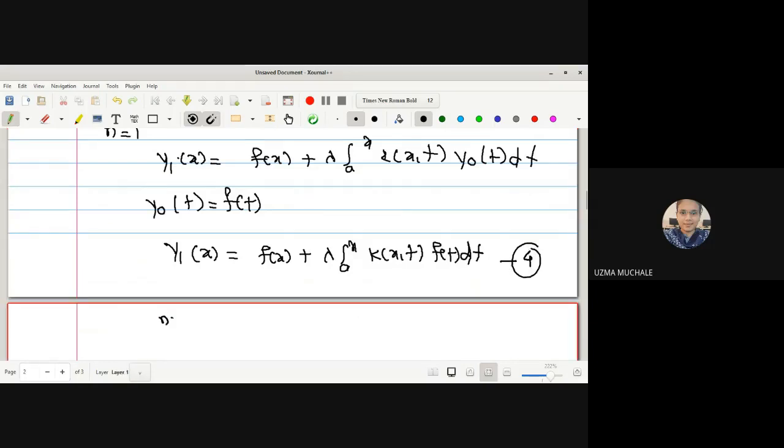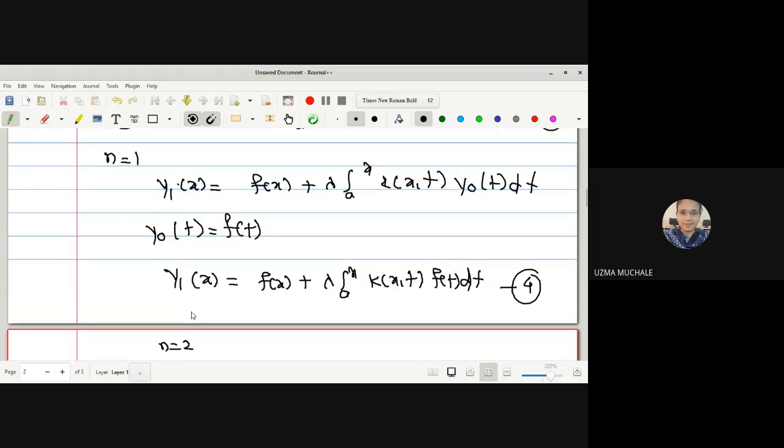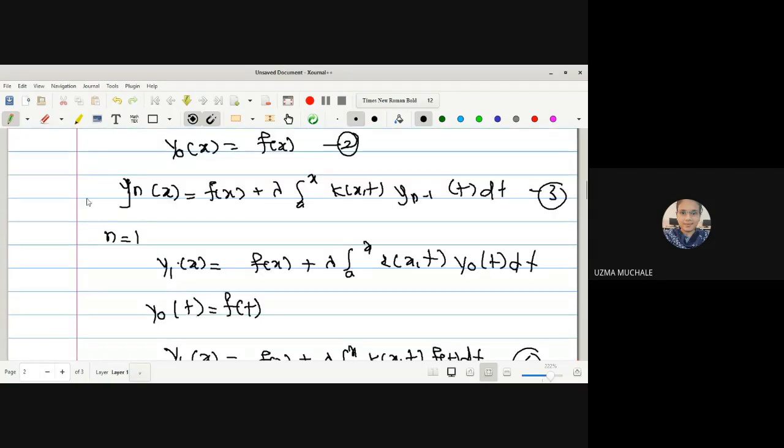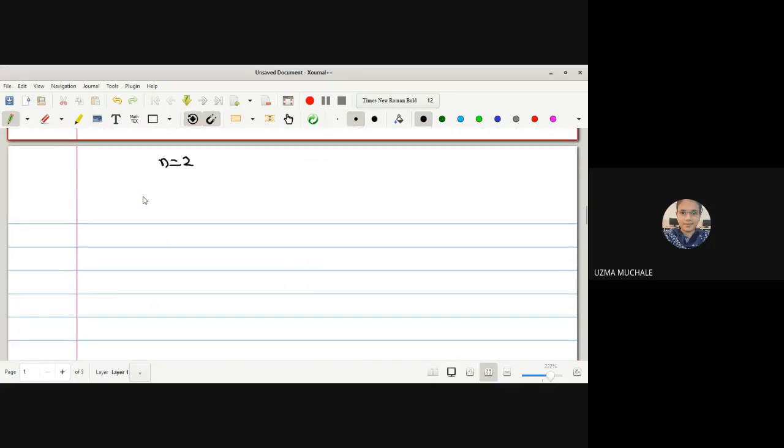Now putting n equal to 2 in the above equation, that means in the nth approximation. That's why I told you, you have to remember the differential equation paper in which we have studied the successive approximation. If you remember that, you can remember this formula. With the help of y of n minus 1, we can find out the nth approximation. And hence, after putting n equal to 2, we can get it.